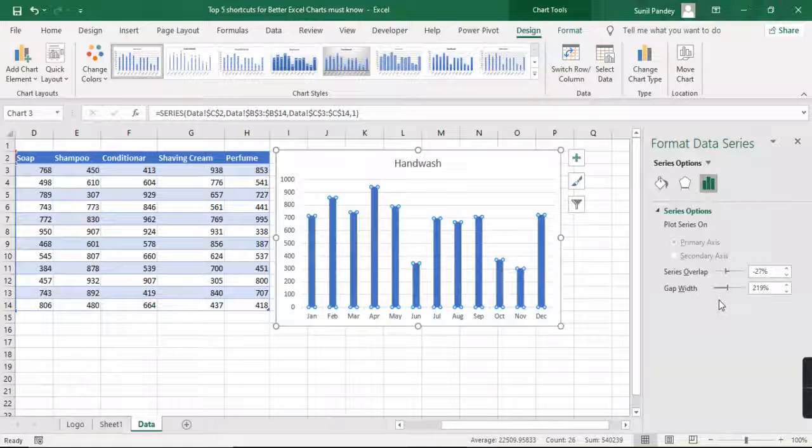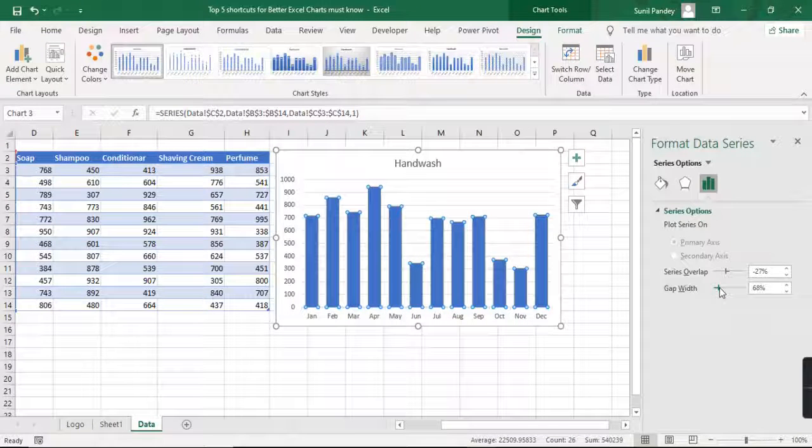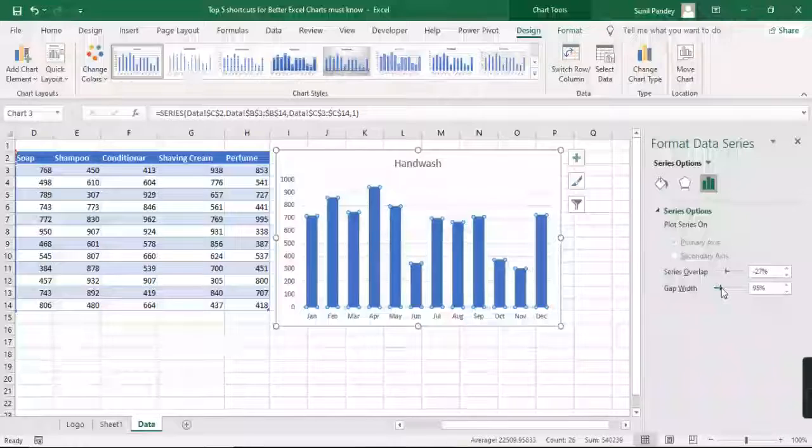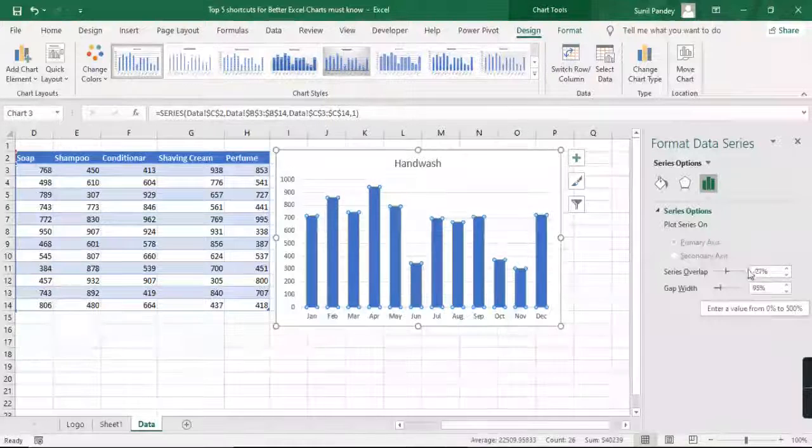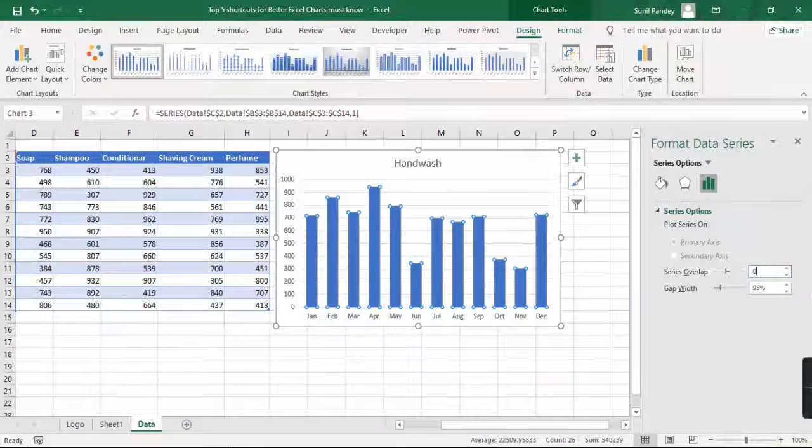Okay, so let's do the formatting. Let's increase the gap, decrease the gap, and here why is it showing minus 27, it should be 0.